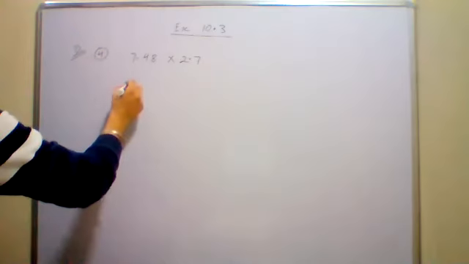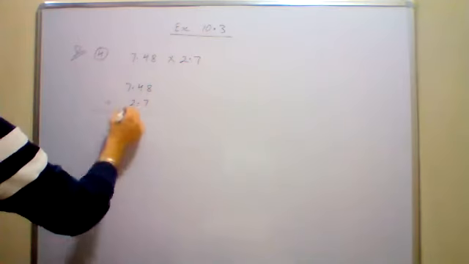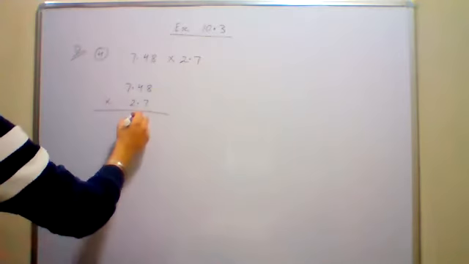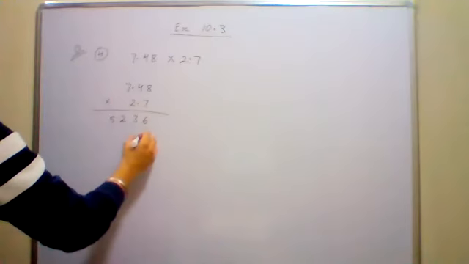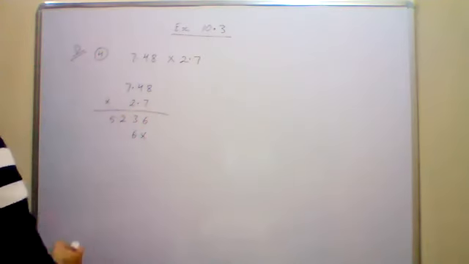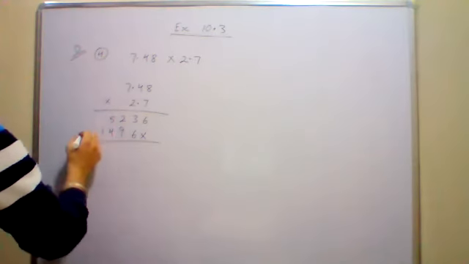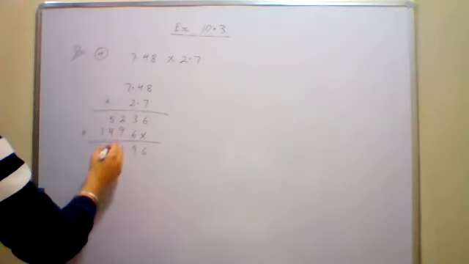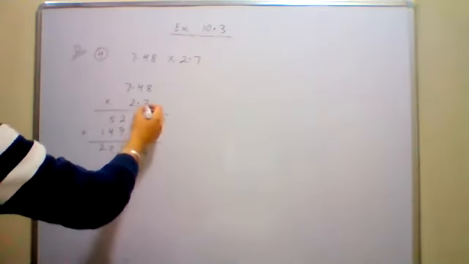So first we will do the multiplication. 7.48 multiplied by 2.7. 7 into 8, 56. 5. 28 plus 5, 33. 3. 49 plus 3, 52. 2 into 8, 16. 1, 9. 2 into 7 is 14. So when you add them now, 6, 9, 11, 1 carry हो गया, 10 आ गया यहाँ पे 1, 2, 20196.